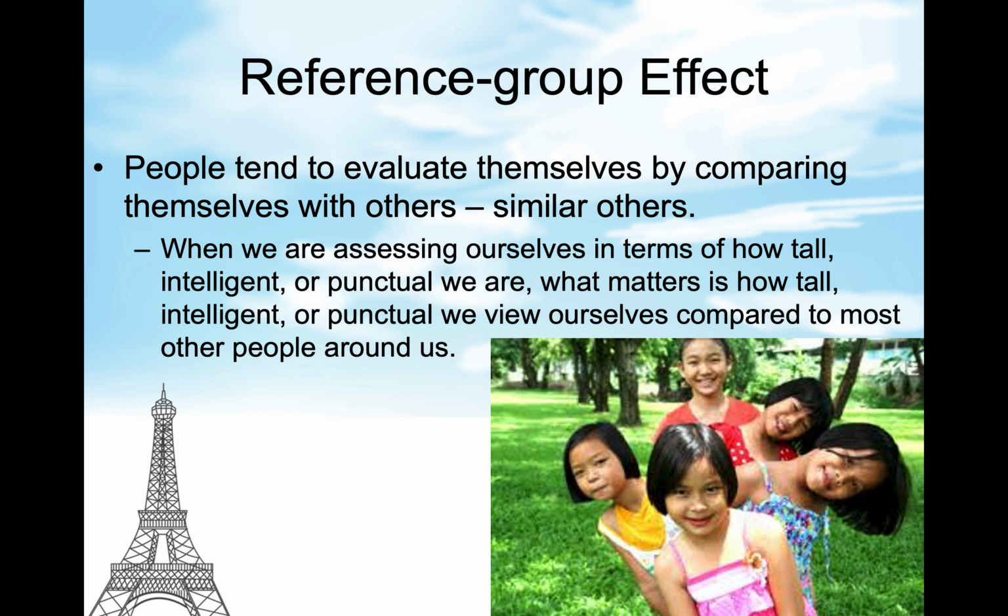People tend to evaluate themselves by comparing themselves with others, usually with similar others, the people that they grew up with. I just read a book about somebody from Senegal, and he was talking about his age cohorts. These are the individuals that he grew up with, and he was saying he couldn't marry somebody from his age cohort because they were like his brothers and sisters. It's the tribe that he came from, the Fula in Senegal.